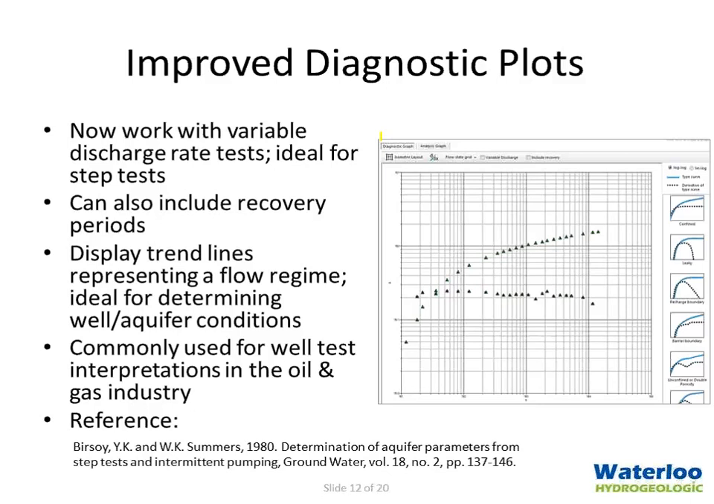In addition, you can display trend lines, which represent a variety of flow regimes, which are ideal for determining different well or aquifer conditions throughout the stage of the pumping test. And these diagnostic plots were really going based on something that's been tried and tested and true in the oil and gas industry, where these diagnostic logarithmic plots have been used for a number of years for well test interpretations in those applications. The corrections that we've done for both variable discharge rates and recovery periods are based on the